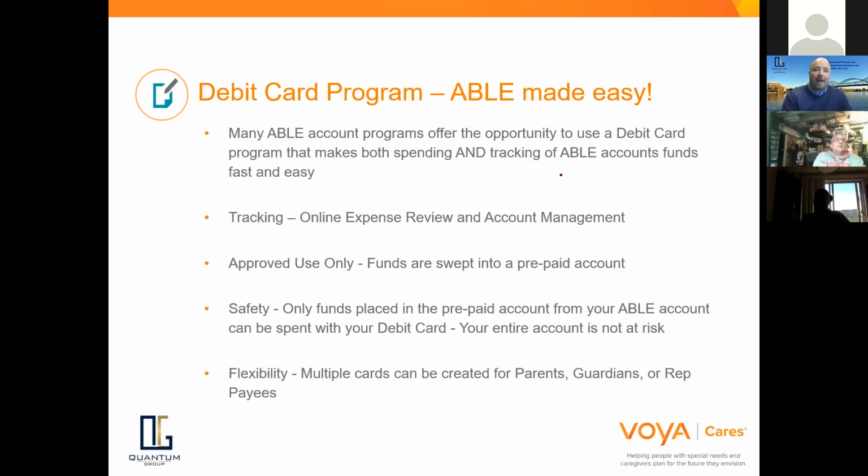So think of it as your own bank. You have a debit card, you swipe, the bank has an electronic record. If you have an ABLE account with a debit account and you buy something on Amazon for the beneficiary, or for yourself, you're going to be able to track that. There's going to be an electronic record, so when the IRS or the state comes to you and says we want to see a record of your expenditures, we're able to utilize that. Many of the ABLE accounts in the different states offer the opportunity to use their debit card program.